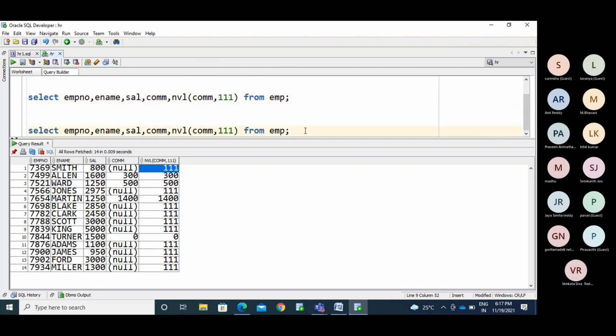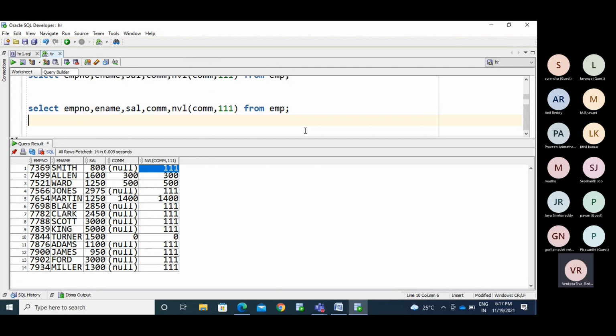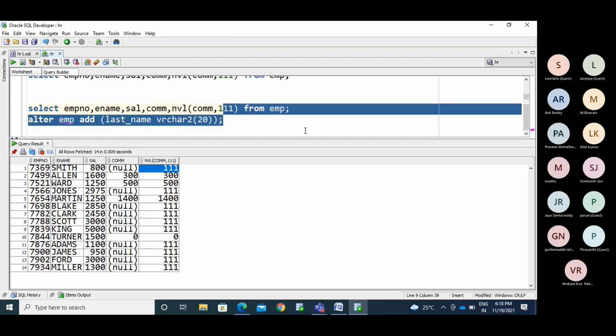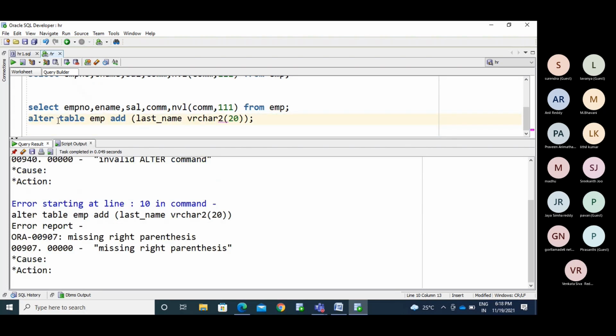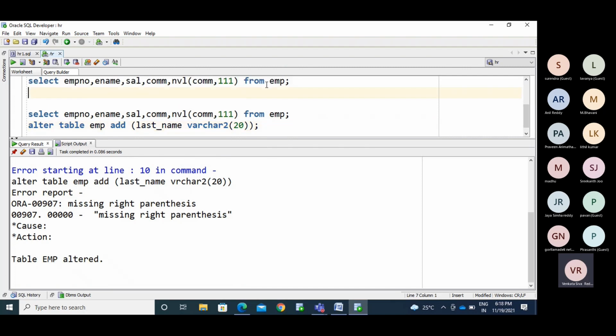See, now I'm adding one extra column to the employee table. Now I added some extra column here.